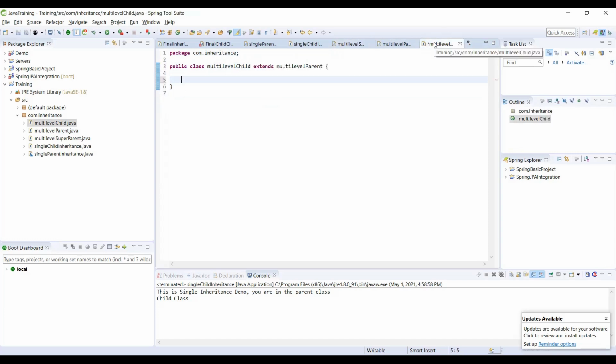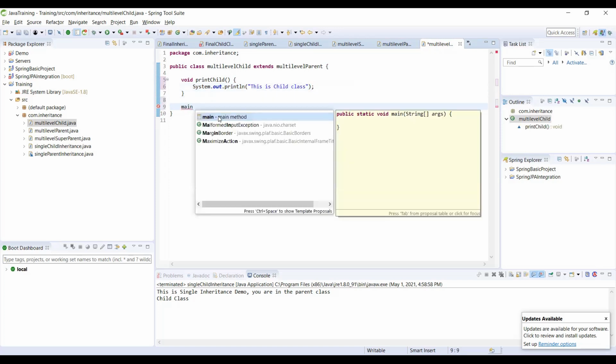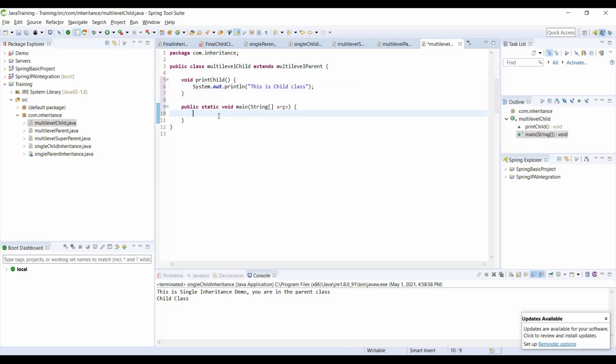Now in the child class, I will create another method that says this is child class. Now I will have my main method in the same class, and here I will create the object of this particular class.